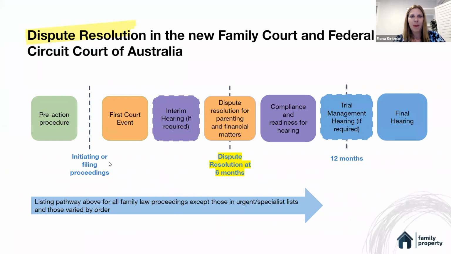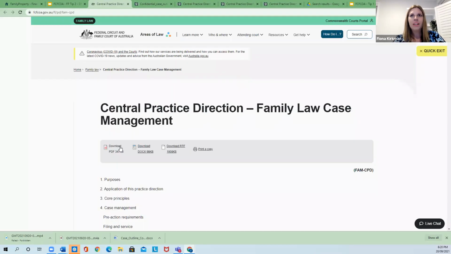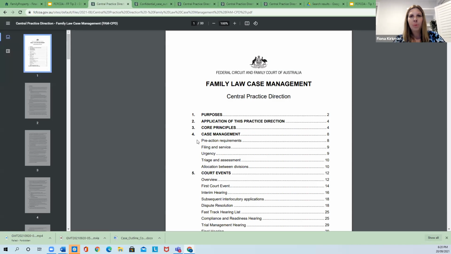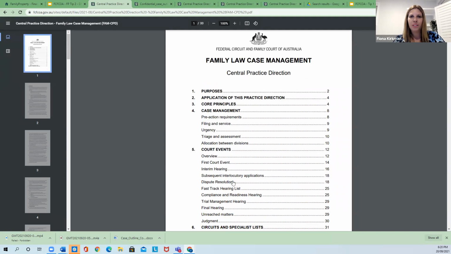The new case management pathway provides for pre-action procedures, including dispute resolution prior to initiating court proceedings, as well as dispute resolution for parenting and financial matters after the commencement of court proceedings. The central practice direction sets out the family law case management pathway. It provides for the pre-action requirements prior to the commencement of court proceedings, as well as dispute resolution as part